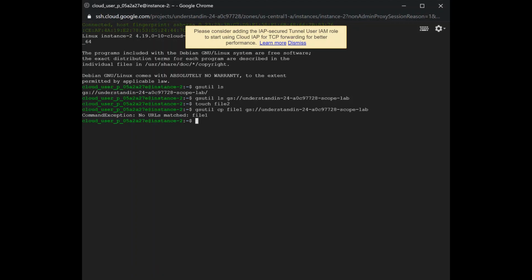Oh, I've written the file 1. I should have written file 2. So let's go back here and change it to file 2. It should be successful because this instance 2 is having read write storage API access.